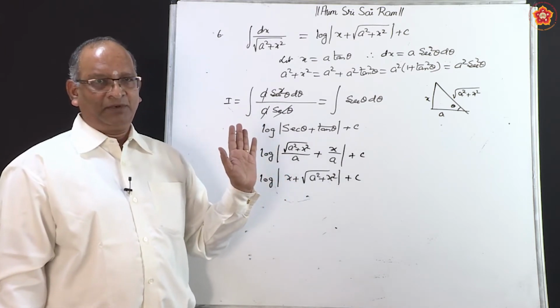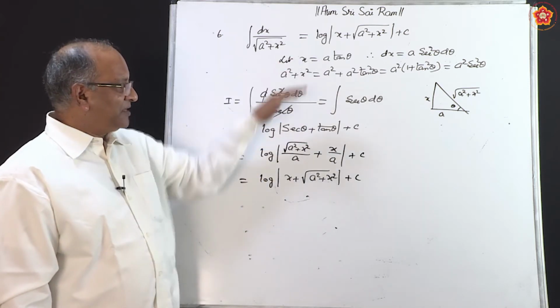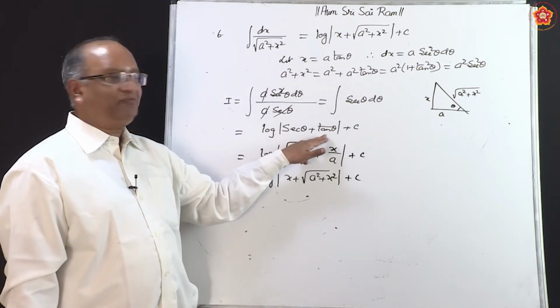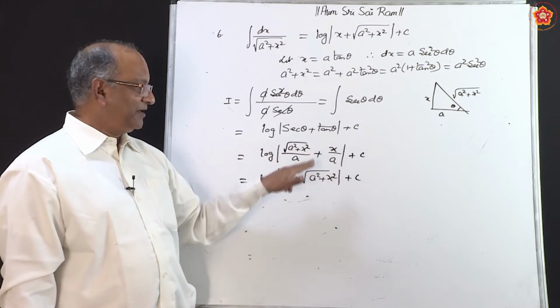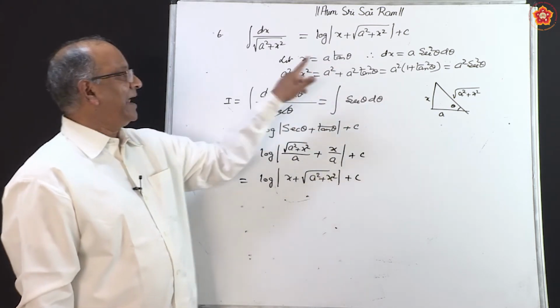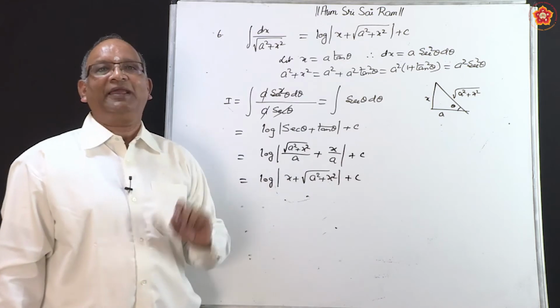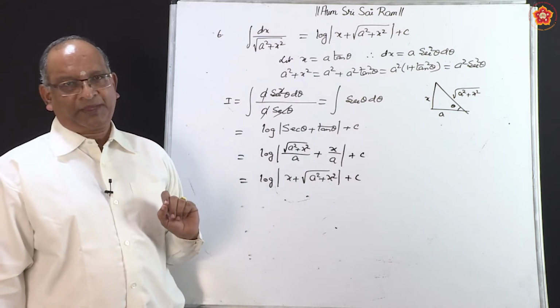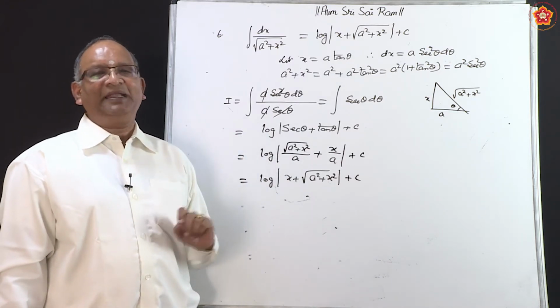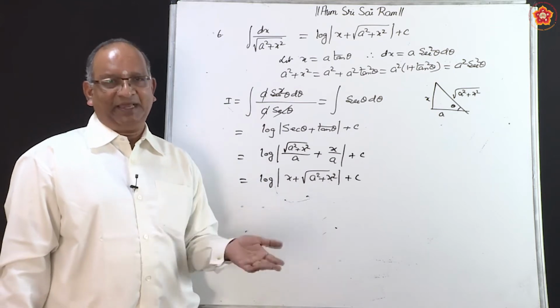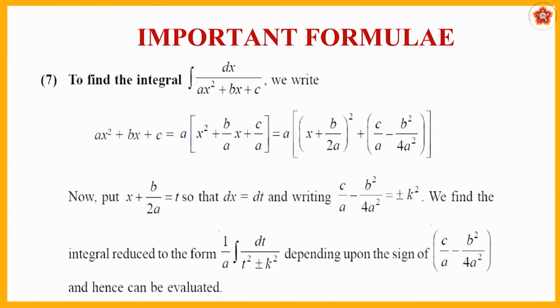That is all. Remember, in the process you are going to get the answer in terms of theta, which you have to convert in terms of x by taking a triangle with the help of what you have assumed. Okay? So, this is how these formulae are being derived. Let us move from here, these 6 formulae, to the 7th one. 7th one, he has just given an integral of dx upon a quadratic polynomial ax square plus bx plus c.